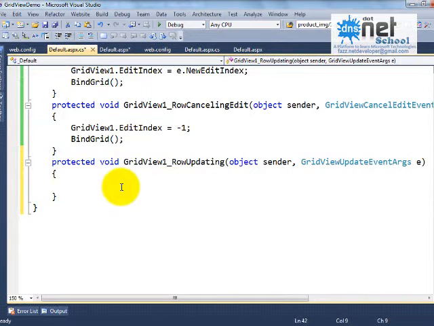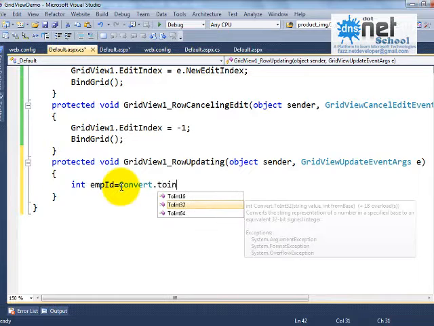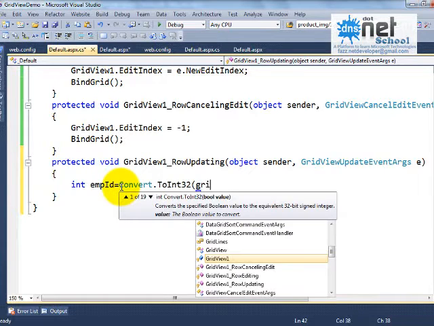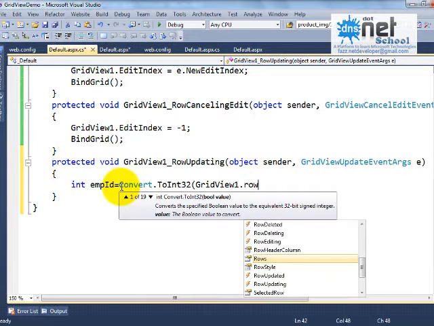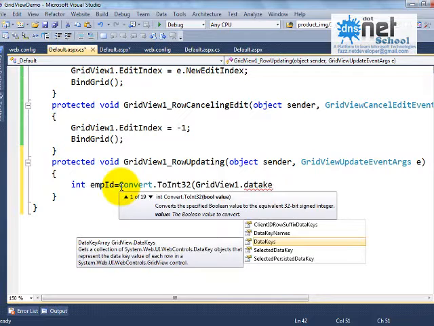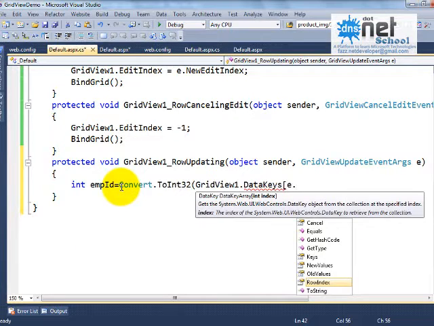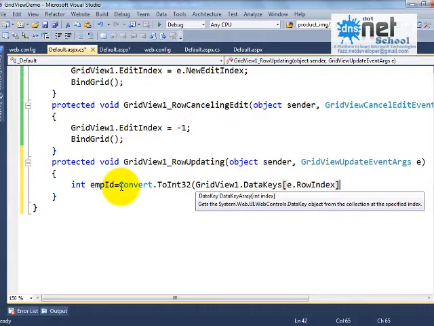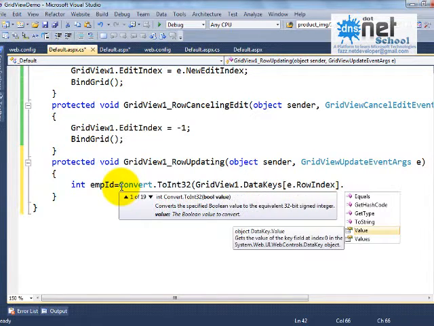Now here, retrieve the value: emp id is equals to Convert.ToInt32 of GridView1.DataKeys of e.RowIndex, the current row being edited or updated, dot Value.